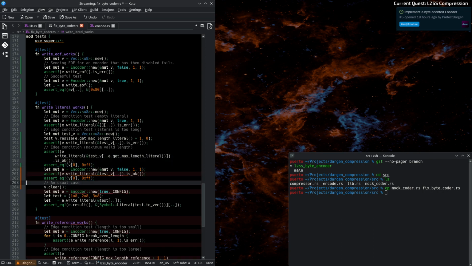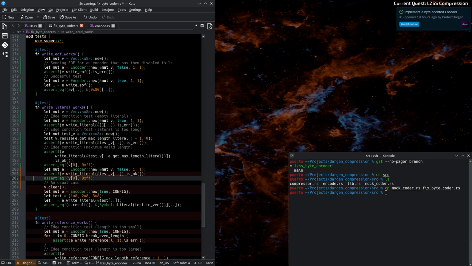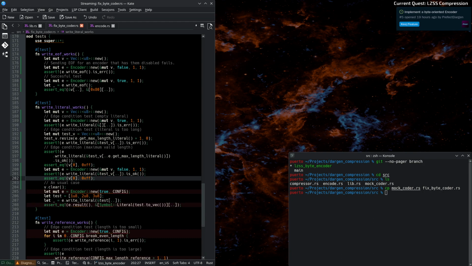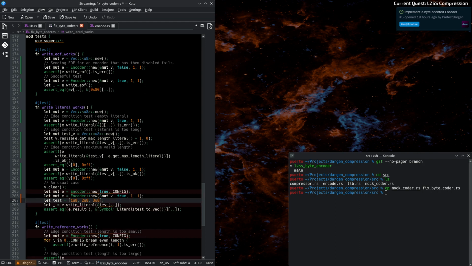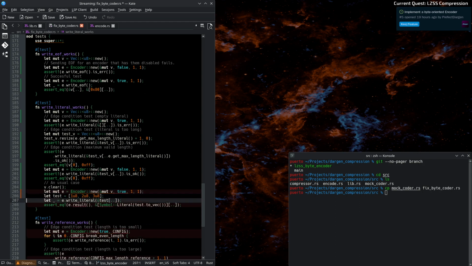While it is still encoded with all bits set. All right. So now we clear E, we create an encoder. We're going to test this 1, 2, 3. So we're going to write the literal that. And now what happens is that the result of the vector